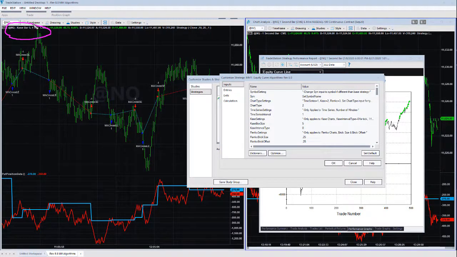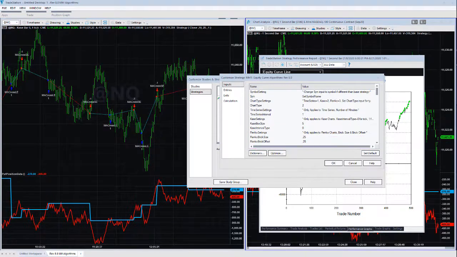Five is the box size, one tick resolution, and that's why we're using this. This next section is for Renko, and so it only applies to Renko charts: a brick size and brick offset. So we're not using Renko charts, so you don't have to worry about these settings. A lot of the money management algorithms' settings don't apply if you're not using